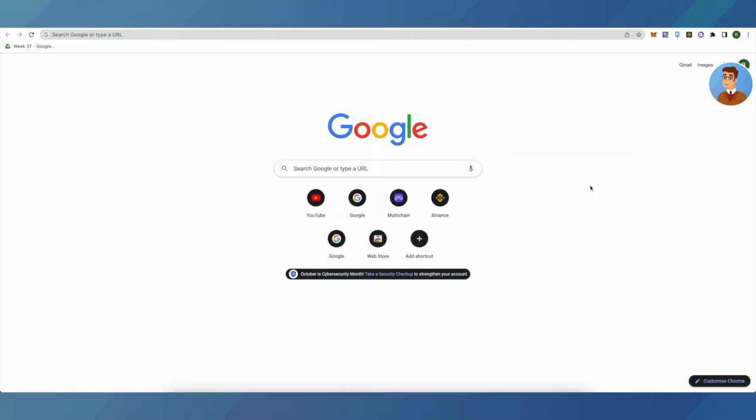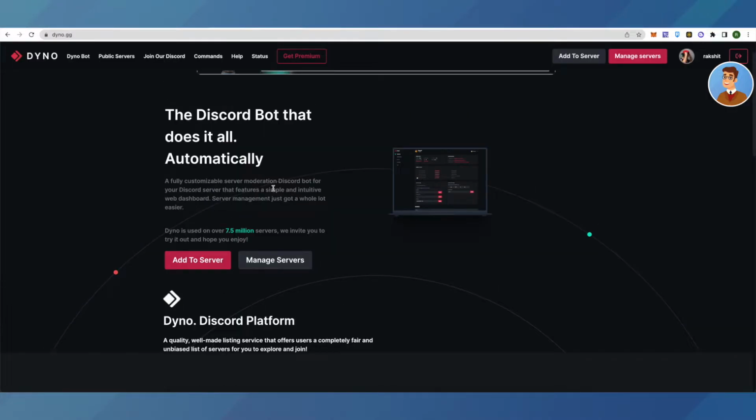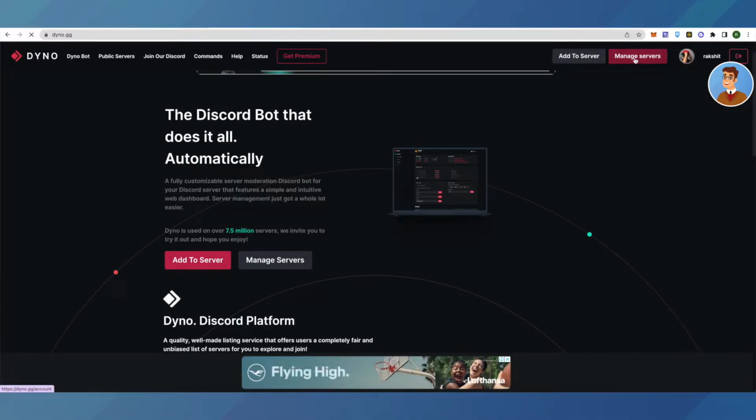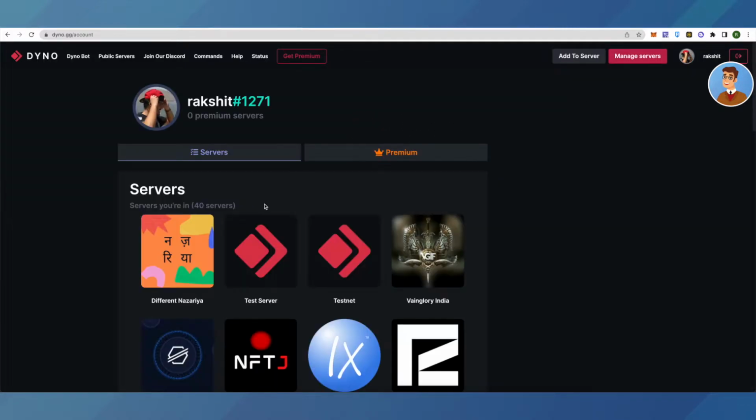on your Discord server. So first of all, go to Dynobot's website and here log in with your details, then click on manage servers, and after that select the server of your choice where you want to assign the roles using Dynobot. So I'm selecting testnet,